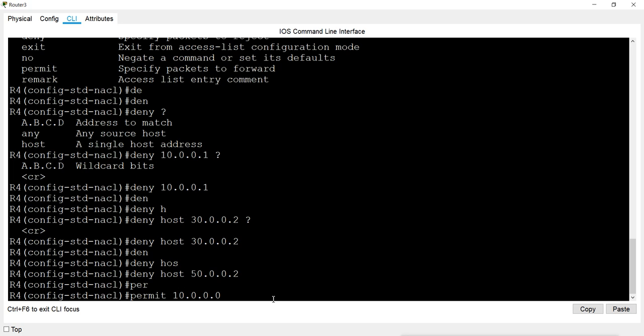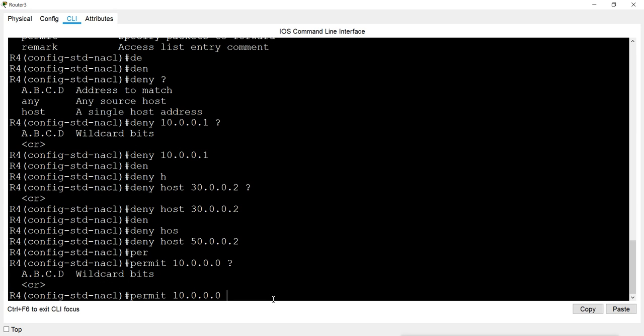Now remember, whenever you are mentioning the network address, you have to provide the wildcard. If you don't give a proper wildcard, it will take the default wildcard like this. And this means it will try to permit this single host. It will think that I am telling about a single host, and this is not a single host. I want to mention the network. So it will never match. This entry will never match, and it will not allow 10. The whole network will be blocked, because at the end of the list we have the implicit deny all.